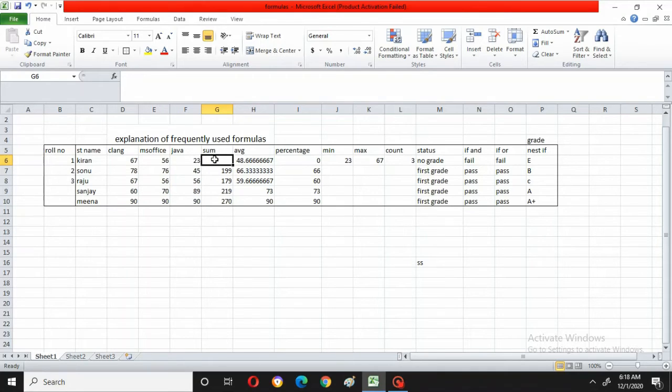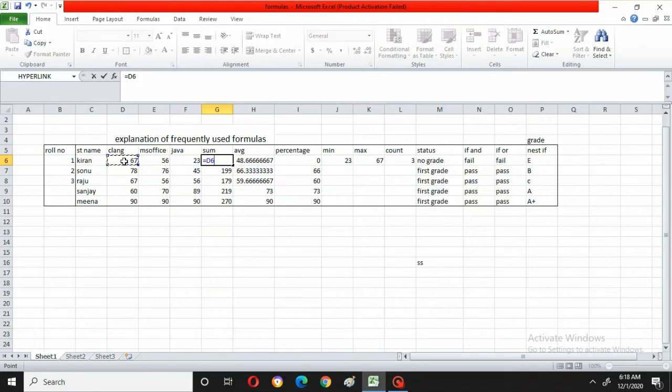How to add? Here you can give manually like this, equal to. Now I have to use cell identifier. Which cell identifier means what? The row name and column name. How will you say this is a cell identifier? Now this cell, suppose if I click there, automatically it is giving D6. What is D6 there?